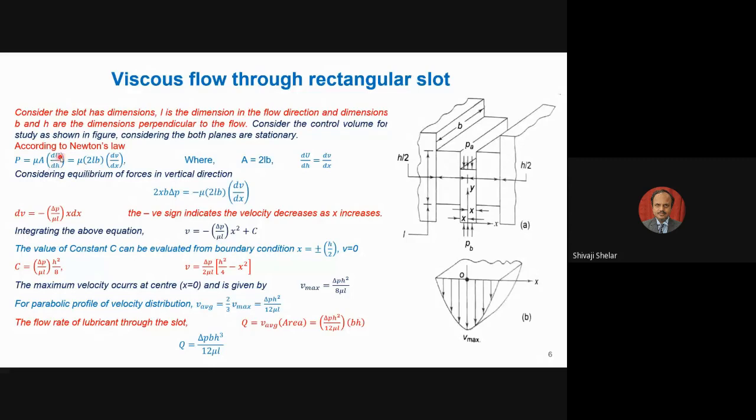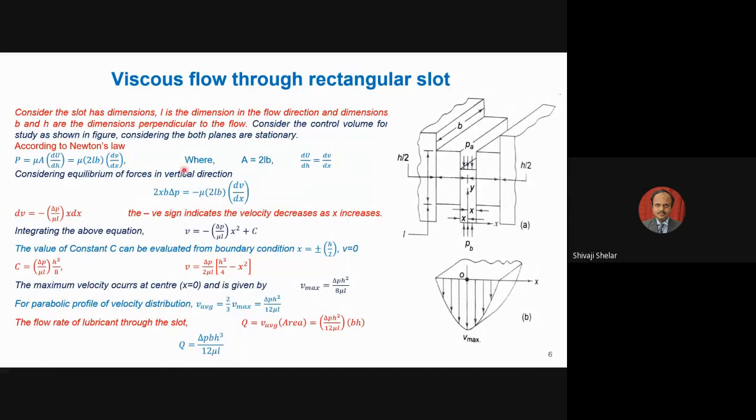Now instead of U, we are representing here that this liquid is flowing with velocity V. So we have a distribution of velocity pattern here. We are assuming at this location the velocity is V, so dV here, and we consider this element at a distance x from the center. This is the center line, and this surface is at a distance x from the center. So dV by dx is the velocity change with respect to h, where area is equal to 2LB and du by dh is equal to dV by dx.